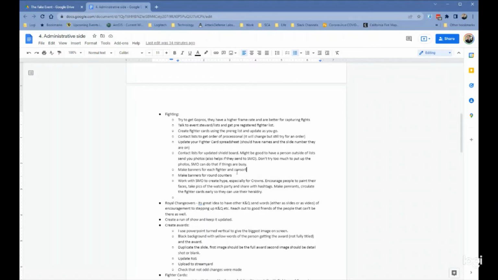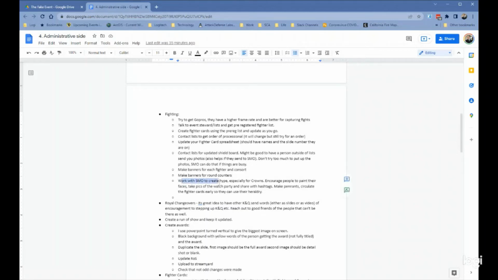Make banners for round counters if you can, semifinals, finals. And when you get closer to the end, you can start using the common name of Duke A versus Duke B, or just A versus B, final round, semifinal round. And let them know the round style: 3 out of 5, round robin, single elimination.